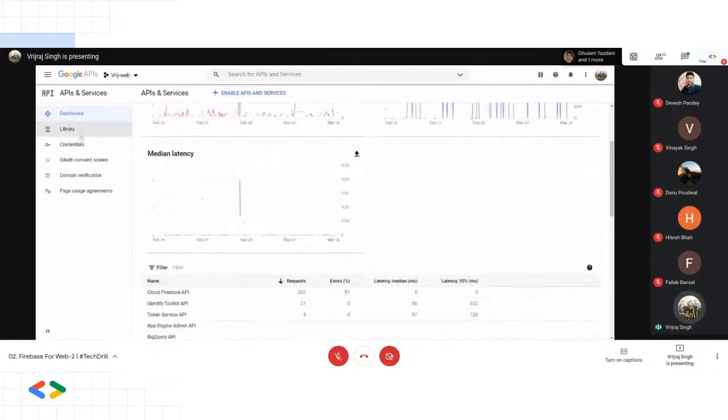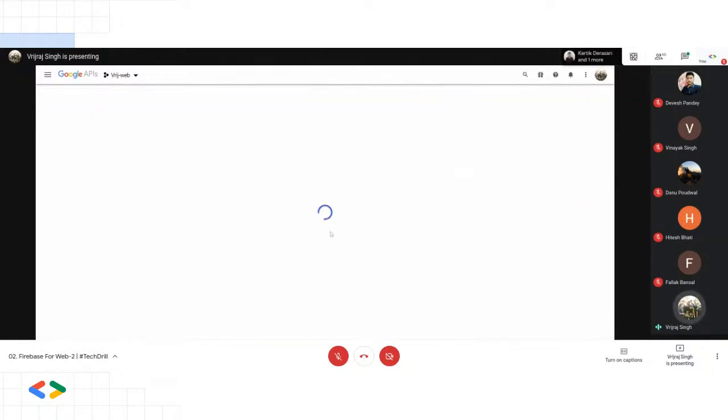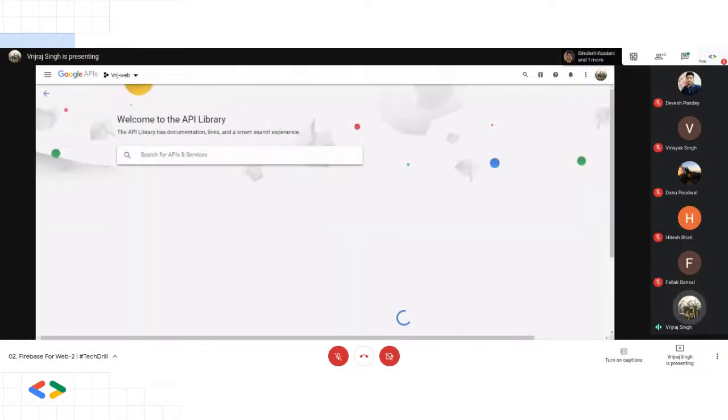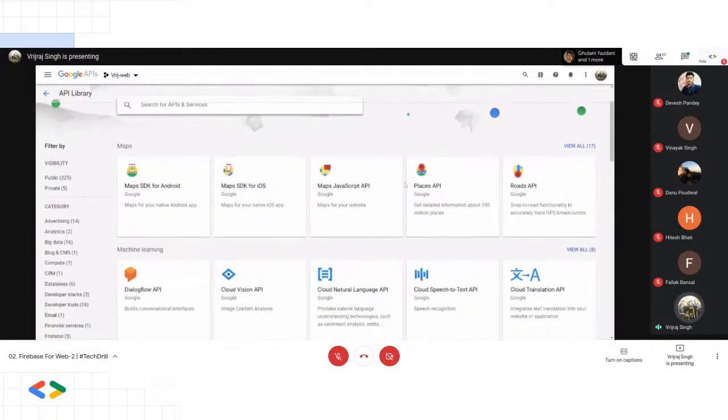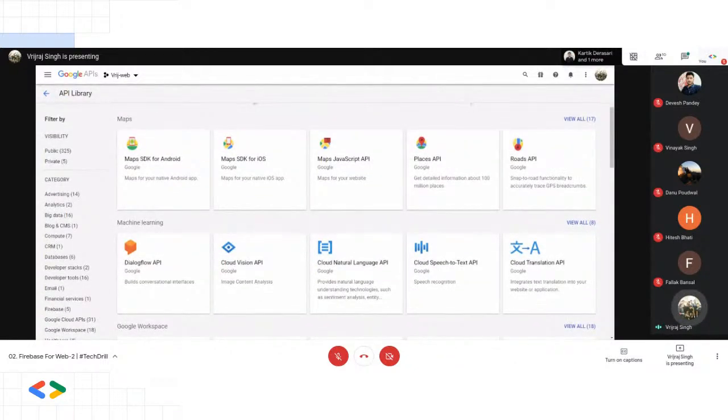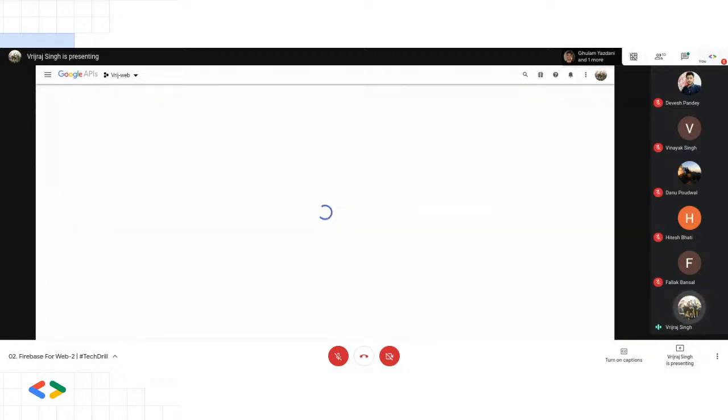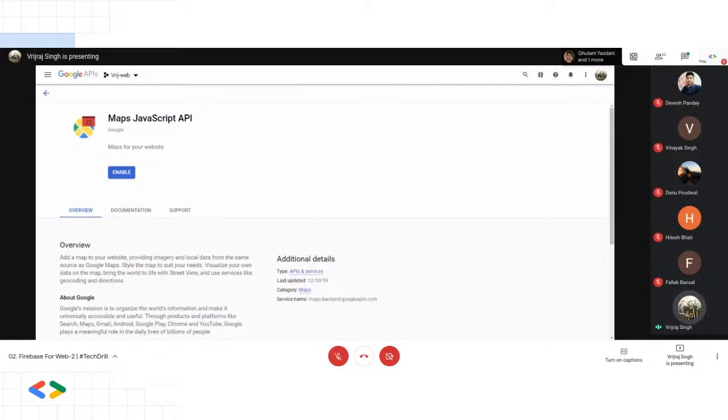I'm using token services, and right now I'm not using any other APIs. So if you go to the library section, there are a number of libraries you can use in your Firebase projects. For example, if you want to access Google Maps, you just need to click on Maps JavaScript, and for Google Maps you also need a premium account. You need to add a billing account,